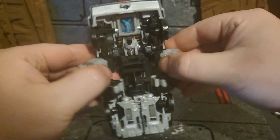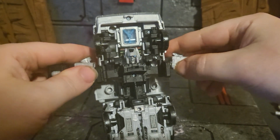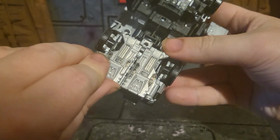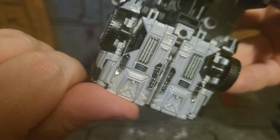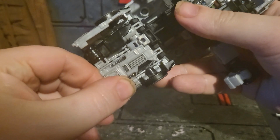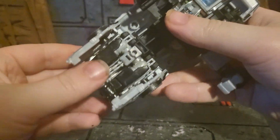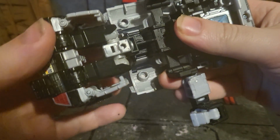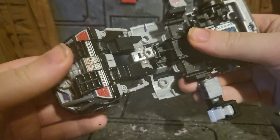Now you want to bring the arms out. And what I do is I bring them up like that. So then when these bits right here, these are also repro labels. I'm going to open up these leg panels, which will give room for the legs to move. Bring these up. And what you also want to do is push